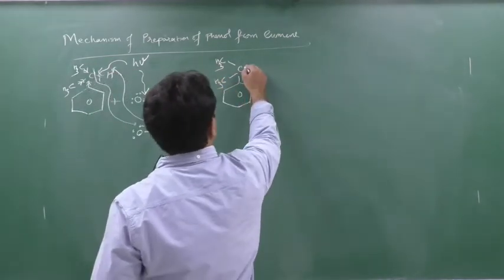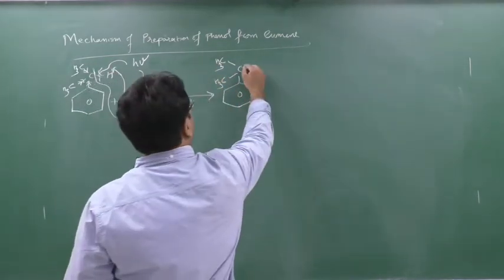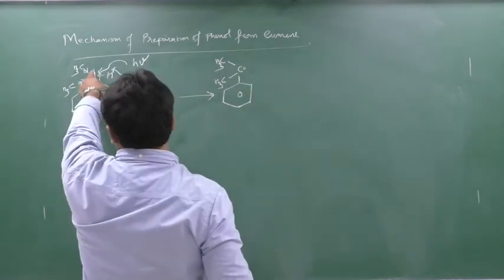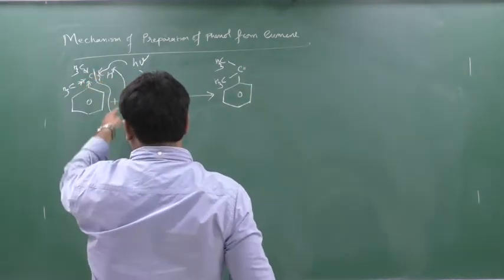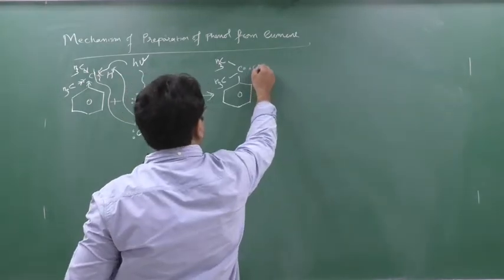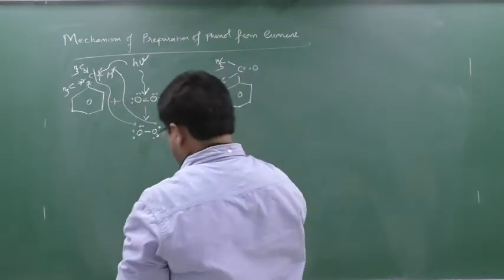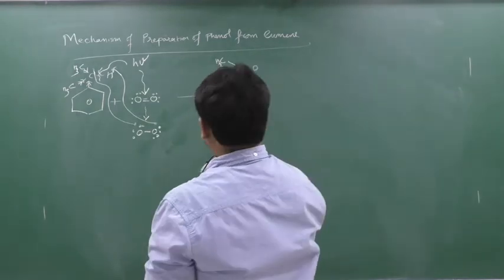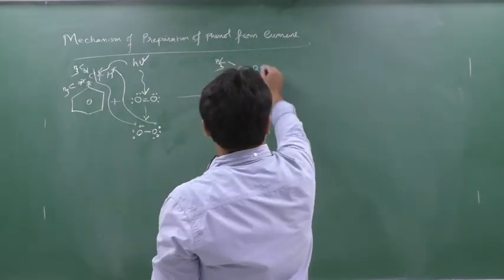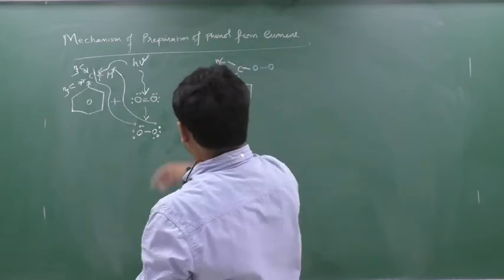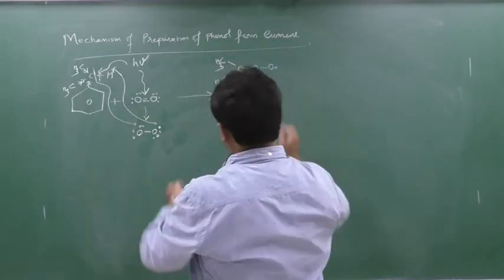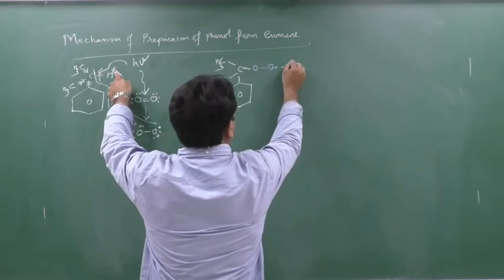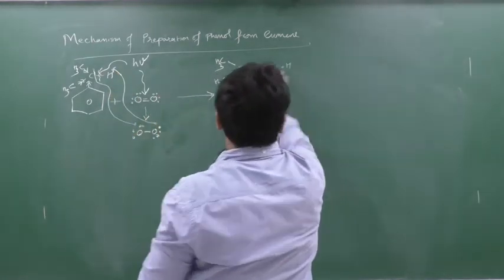okay. Now there was a free radical, a free electron on this carbon. This free electron of the carbon reacted with the free electron of this oxygen. So two electrons come together and form what? One bond. So here one bond is formed. This oxygen is with this oxygen only, and this oxygen's free electron had reacted with the free electron of hydrogen. So there is a bond between this oxygen and hydrogen also.